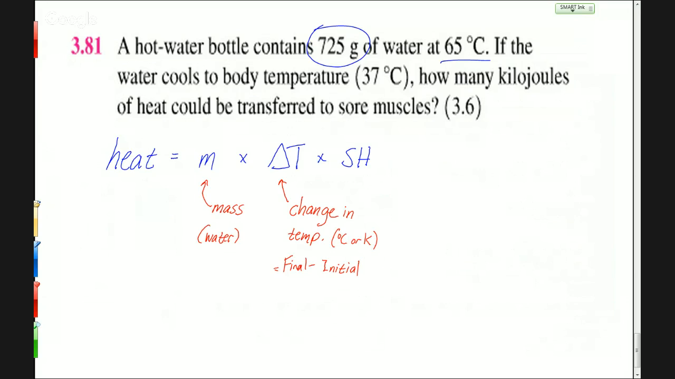The other way you can think about this is just the difference in temperature, the change in temperature, kind of the absolute value of the change in temperature. Then you have to think about the sign in terms of negative or positive if it's exothermic or endothermic. But if you just do it this way, you'll always be fine. And then SH,